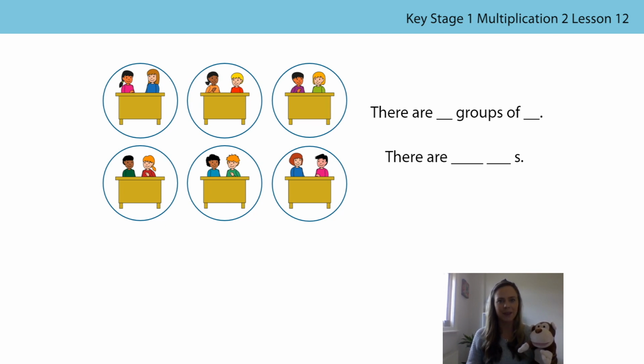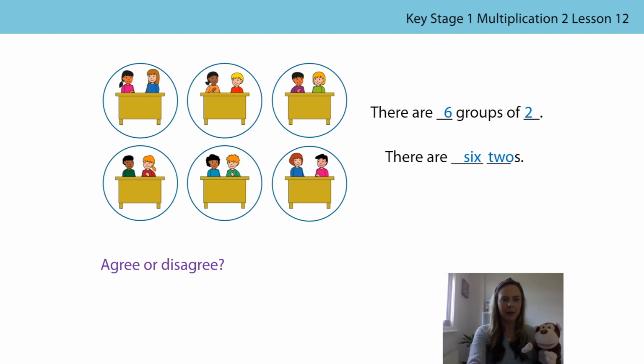Have you had a go? Have a look at what Bongo and I think and see if you agree or disagree. We think that there are 6 groups of 2. Or we can say there are 6 twos. Do you agree or disagree with how we've filled in the stem sentences? Do our stem sentences represent the picture that we can see? They do, don't they? Because we've got 1 two, 2 twos, 3 twos, 4 twos, 5 twos, 6 twos, or